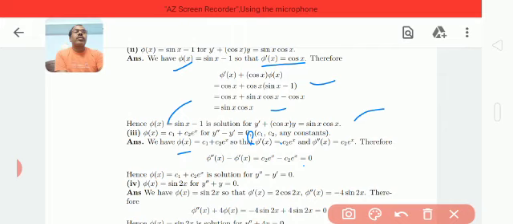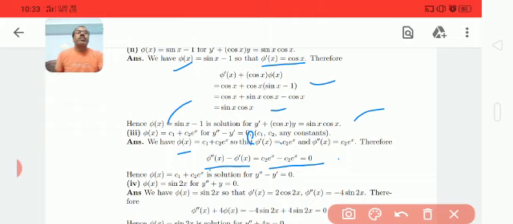Again differentiate, we will get the second derivative, which will be c2 into e to the power x, and we just plug the values of the second derivative and first derivative in the left hand side of this equation. You will see that it is equal to 0. So that means this differential equation y double dash minus y dash is equal to 0 is satisfied by the given function phi of x equal to c1 plus c2 e to the power x, and hence we say that phi of x given by this one is a solution of the given differential equation.